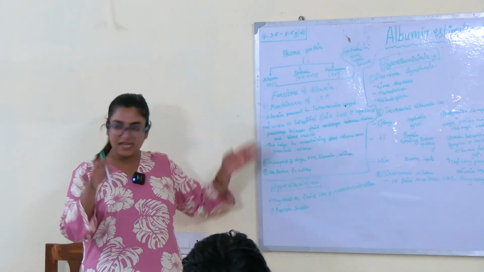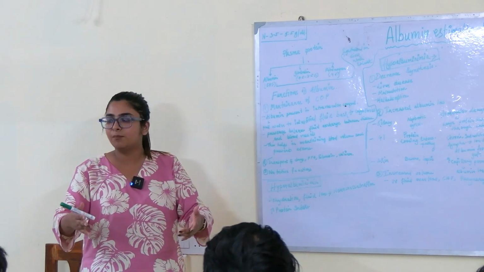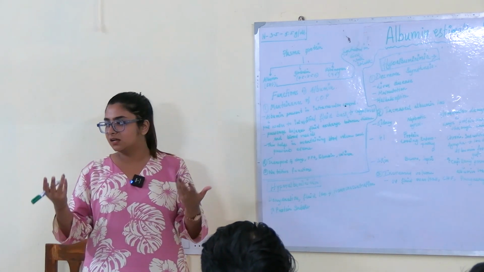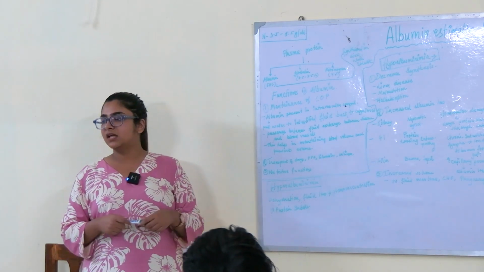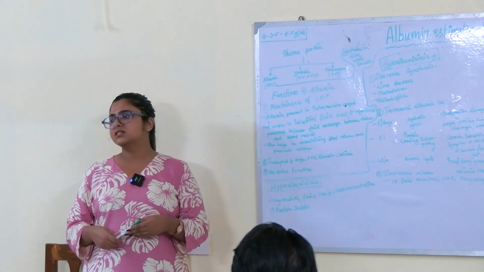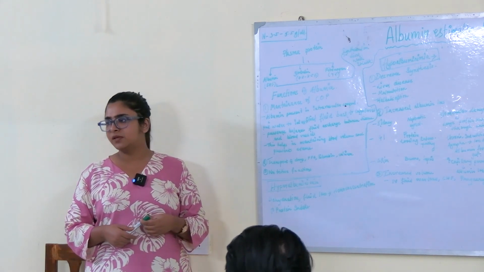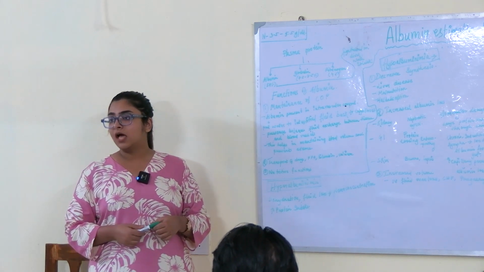Okay, now when there is less albumin, it cannot do this, and hence there will be more fluid in the extravascular compartments, and then it will result in edema. Okay. And other functions, what are the other functions? Other functions are general functions like transport of drugs and free fatty acids and bilirubin and all of these things. Penicillin is one drug which is transported by albumin in our body.